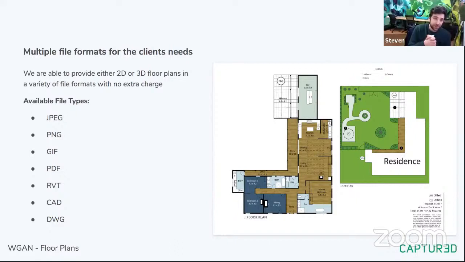That's up to the discretion of whoever is ordering it. Some people and some companies like them all together on a single page, some like them all on individual pages, and some like both versions available to them. Again, that's part of the request that you can make on order. Can you please place each floor on a different page, place them together, give me versions of both. Or if this does happen quite regularly, we set up templates for our customers so they can just click a button and it's easy for us to do.